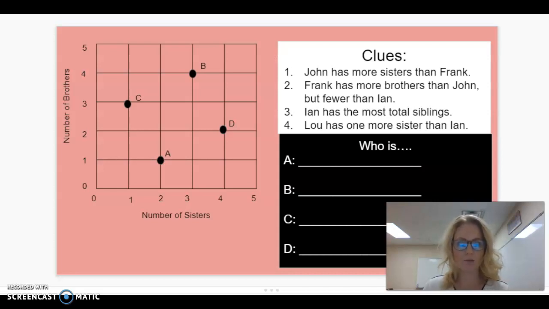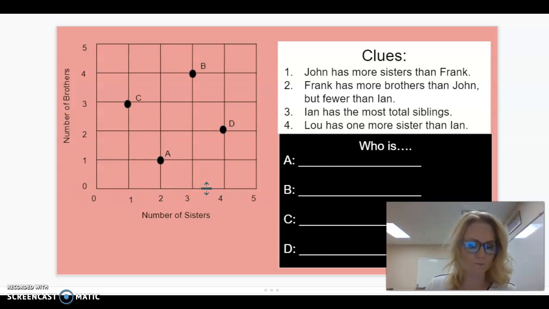This is what each slide will look like. You will have a scatter plot marked by 4 points marked A, B, C, and D, as well as a number of clues and a spot to write in your answer. The scatter plot shows along our y-axis, which is right here, number of brothers, and the x-axis is number of sisters. So as we go up the graph, the number of brothers increases, and when we move right, the number of sisters